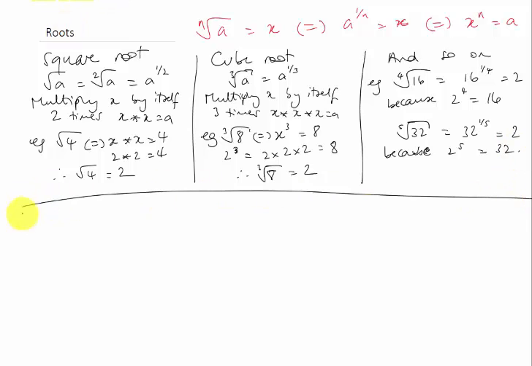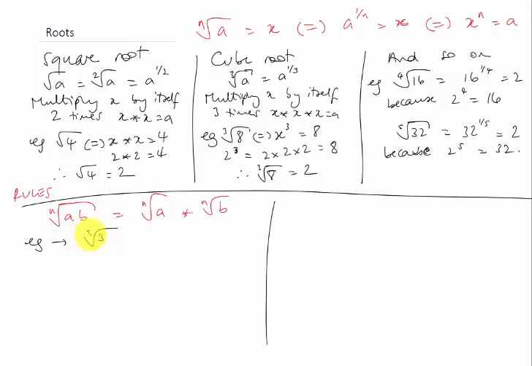So now let's look at some general rules for manipulating roots. The first one I want to talk about is this. If we've got a root of a times b, we can split that up, so then we've got the root of a times the root of b. And this will be useful for simplifying. So for example,